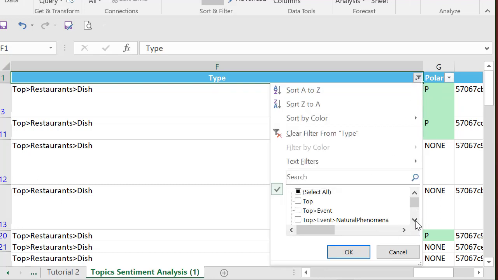You're going to unselect all of them, and then near the bottom, we're looking for restaurants first. There we are. The restaurants and dish and the restaurants and quality. And so that's all you're looking at,